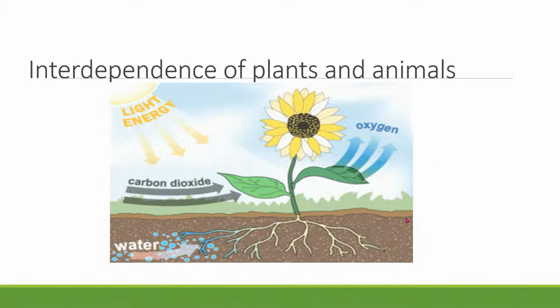Plants and animals are interdependent on each other. It is very important to maintain a balance between them in nature. Plants produce their own food. Animals like goat, deer, humans eat plants. Plants give out oxygen during photosynthesis, which is used by animals and humans for respiration, and carbon dioxide given out during respiration by animals and humans is used by plants for making food.